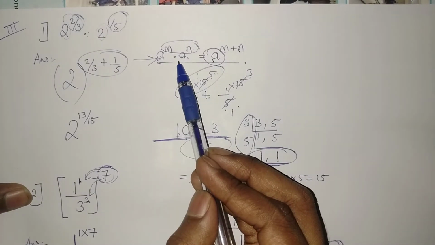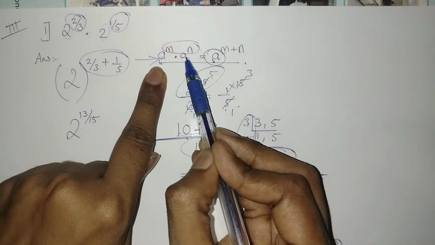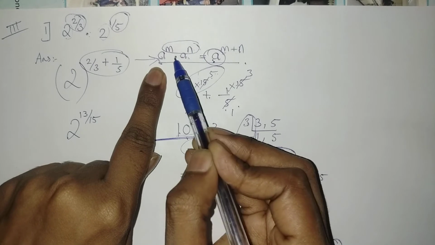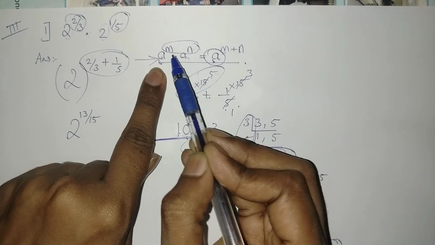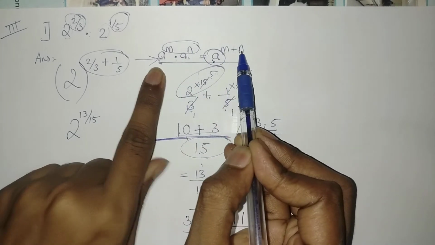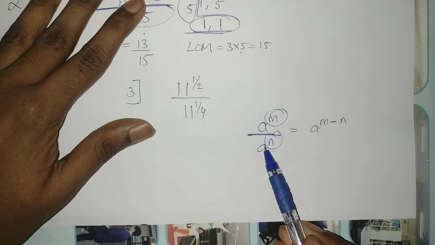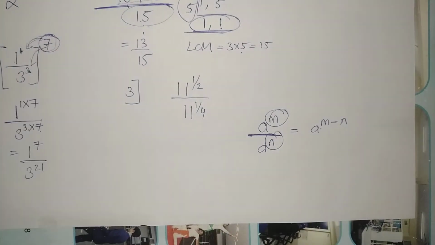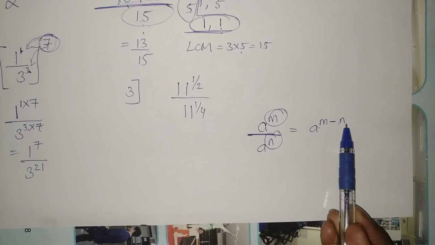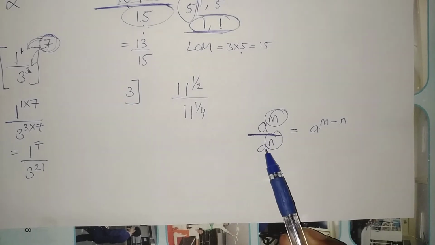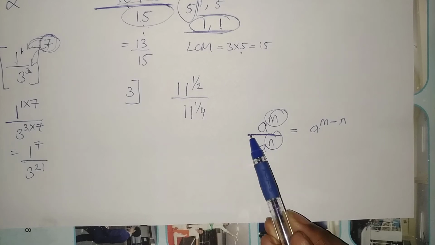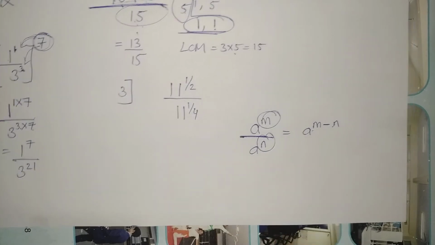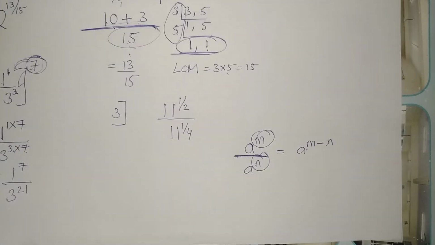See the difference here in the first case. Two same bases with different exponent, but a multiplication sign was there. If it has a multiplication sign, add the exponent. Here, two same bases, but it has a division sign. So if it has a division sign, you just subtract the exponents. I will repeat again. If you have same base and different exponent, and a division symbol, you just subtract the exponents. Okay. So let me write.